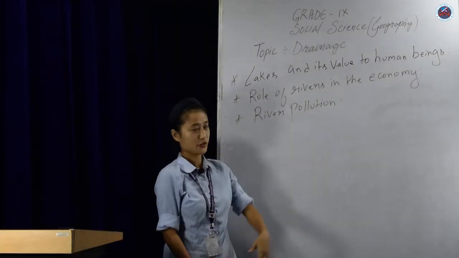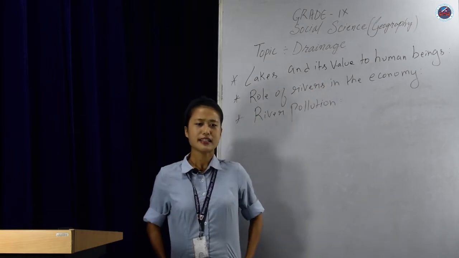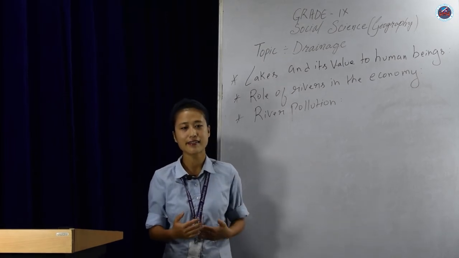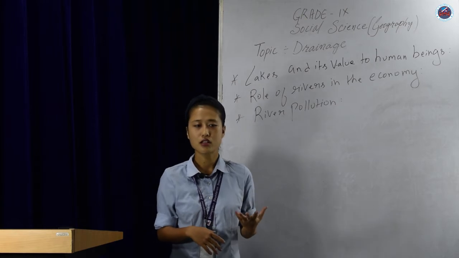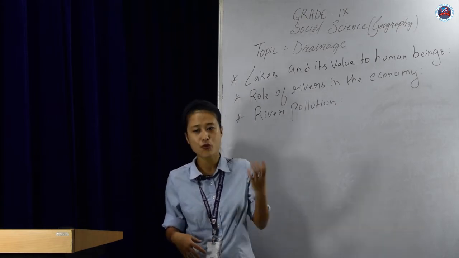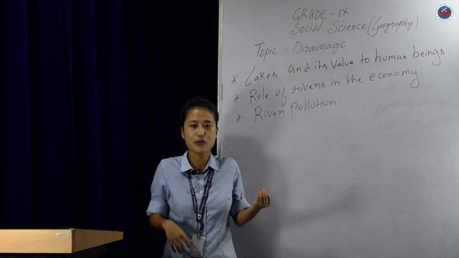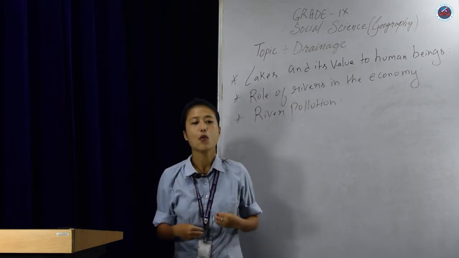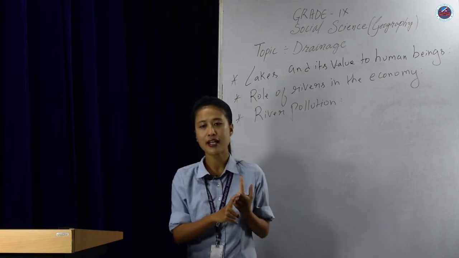Now let us look into lakes and their value to human beings. India has many lakes. These differ from each other in size and other characteristics. Most lakes are seasonal, as some contain water only during the rainy seasons, like the lakes in the basins of inland drainage of semi-arid regions. And there are some lakes which are the result of the actions of glaciers and ice sheets, while others have been formed by wind, river action and human activities.